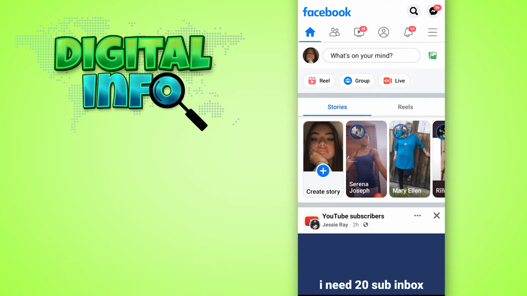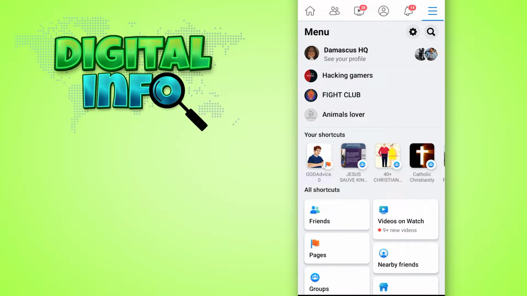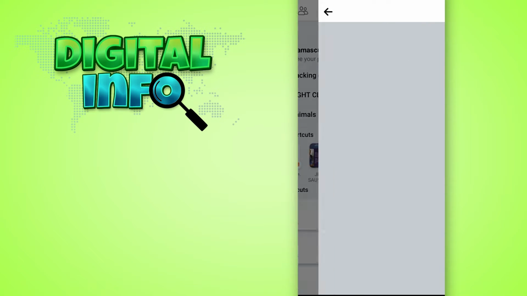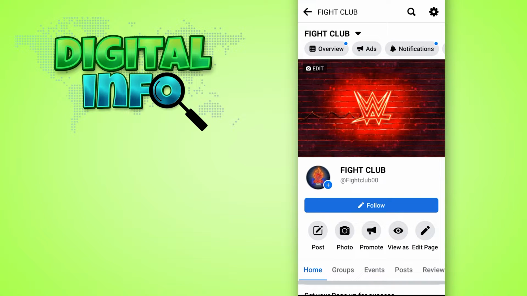So let's start. First of all, you have to log into your Facebook account and then go to the menu option on the top right corner and select the page on which you want to make a new admin. So I just want to select Fight Club. And in this section, you just simply click on the gear icon on the top right corner of your screen,